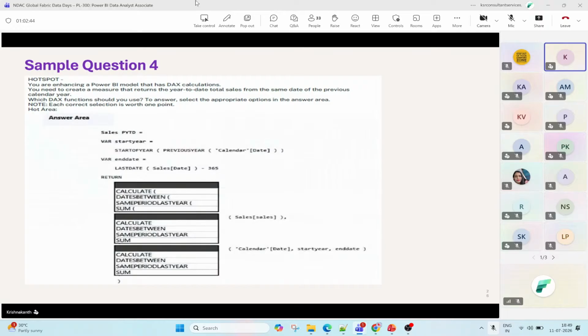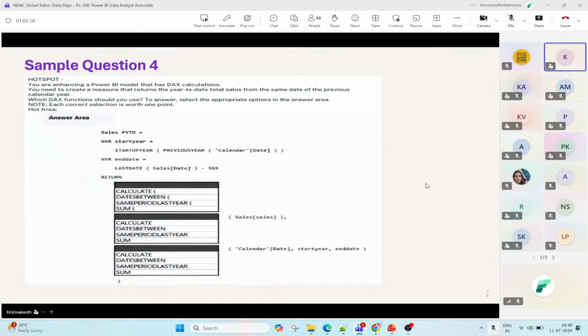It needs a modifier of filter context. The function is CALCULATE. Then we will go with the aggregation, sum of the sales table, comma. Now here we can utilize DATESBETWEEN, because we are referencing the two variables referring to the date column.